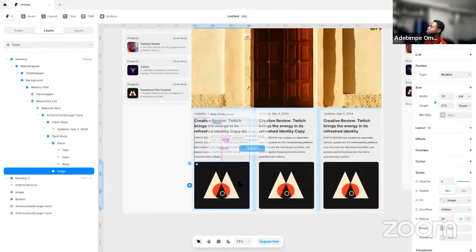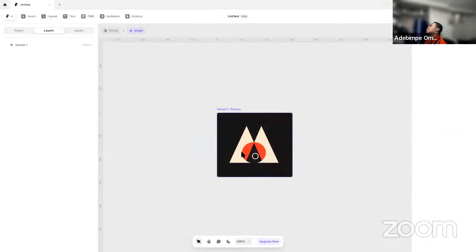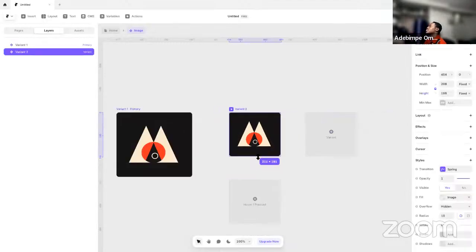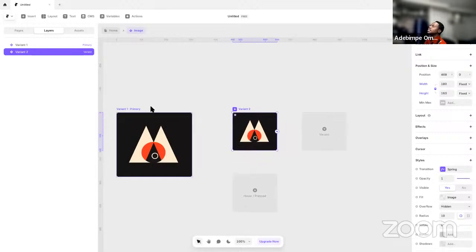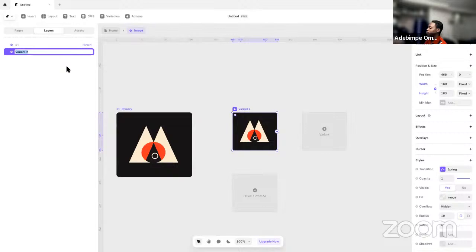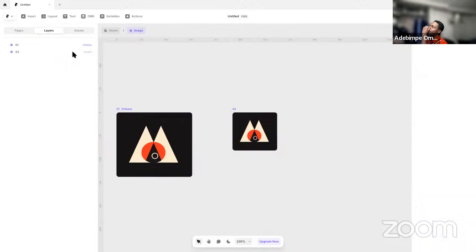So we have this one. What I'm going to do is make this one image, and then I can set different sizes. This is my first size, and this will be my second size. For the sizes, I can play with the different heights. So I can say O1, O2. Okay. Now I have to go back to my CMS